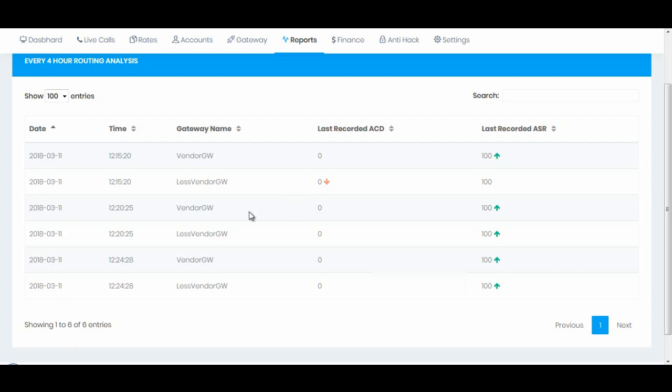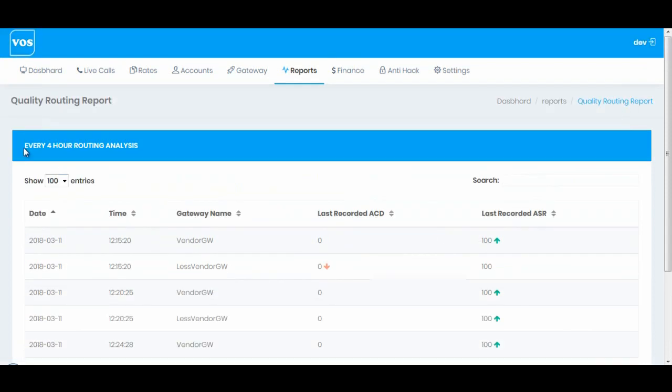Similarly, we have these logs. Here we can see that every 4 hours the system automatically runs the routing analysis and calculates the routing rules. Okay, so we have seen